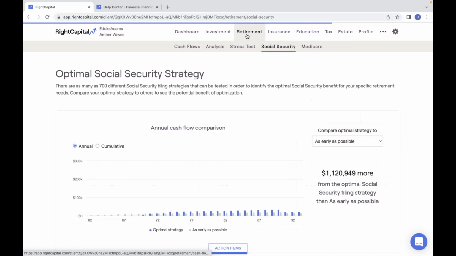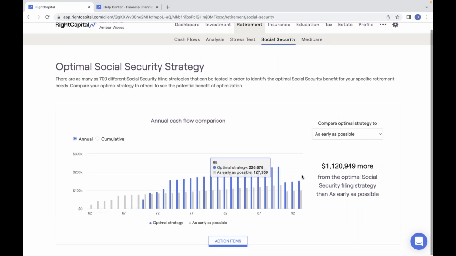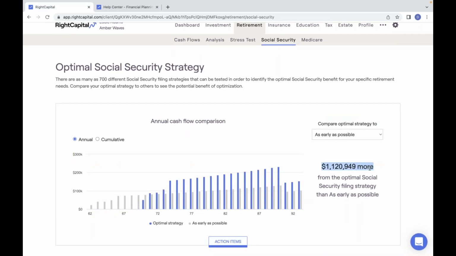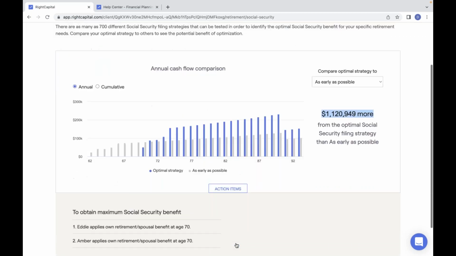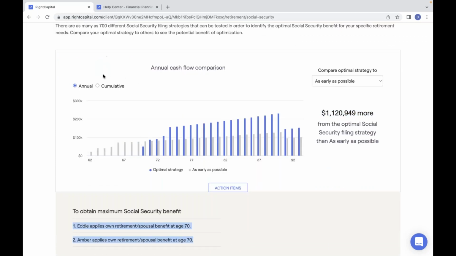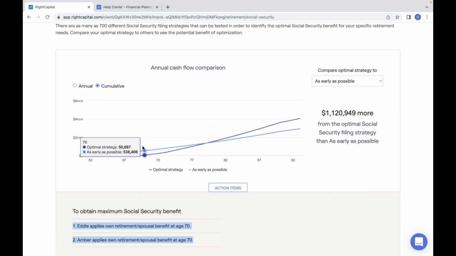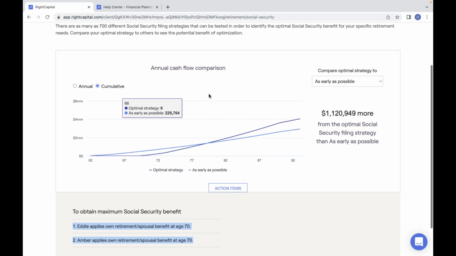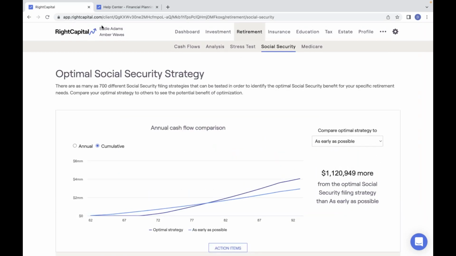So in the retirement Social Security area, we can actually calculate for the client how they can get the most possible Social Security income and what the optimal strategy looks like for the client and co-client, as well as what the break-even points look like for when it makes sense to file early versus taking Social Security income late. This is an area that we describe separately from the data entry, which takes place in the